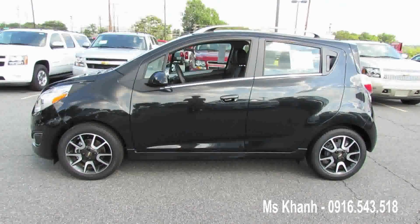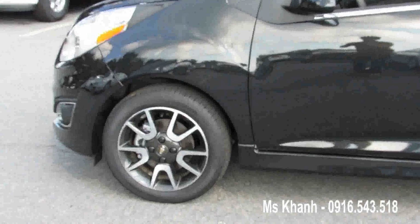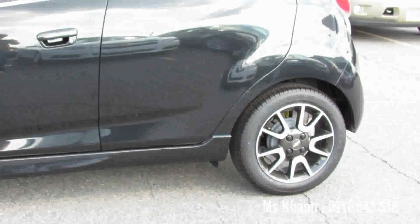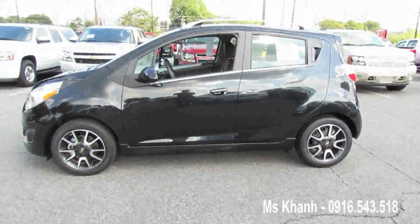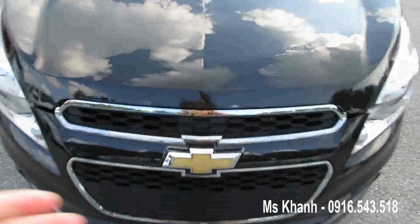Overall length is 144.7 inches, the width is 62.9 inches, and a height of 61 inches. Total curb weight is around 2,250 pounds. And we're going to pop the hood. All across the board, the Spark comes with a 1.2-liter dual overhead cam, 16